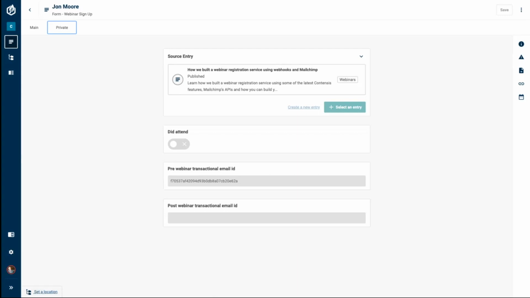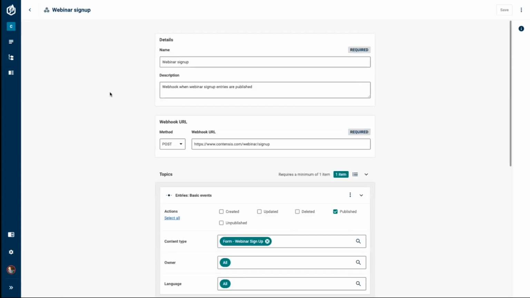So that's really largely the forms side of things. What I'm going to do now is just jump onto a different screen, where I'm going to then talk about how we used webhooks to start to trigger our marketing automation. So this is the webhook definition for the webinar sign up form posts. And you can see here it's going to a contensis.com endpoint, which is actually then going to be reverse proxied to our custom